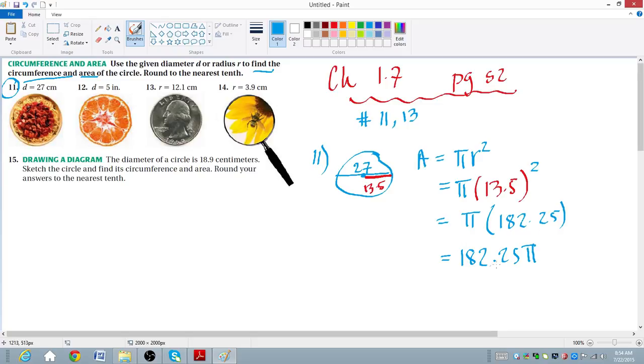This is the exact form. Now if they don't want the pi here, then what you're going to do is take 182.25 times 3.14, because that's what pi is. So this is your answer, or you could do 182.25 times 3.14, because that's what pi is. So let me do that, times 3.14, and I get my answer to be equal to